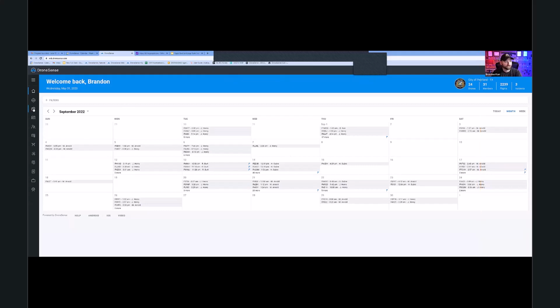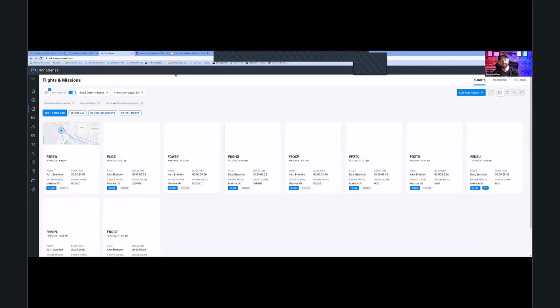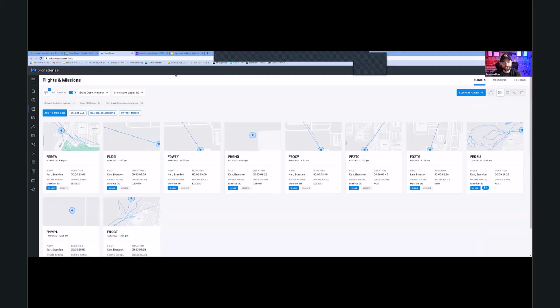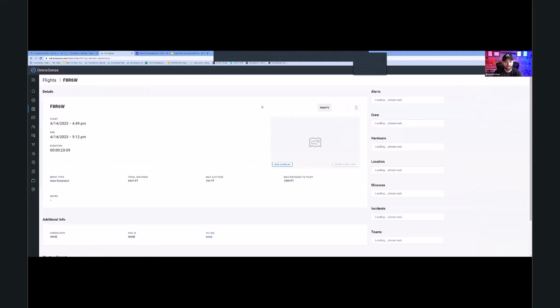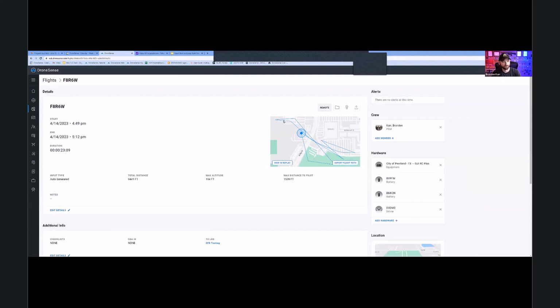Moving on down, I'm going to jump down into the flights and missions. So in the flights and missions here, this is super important as a program administrator, because this is one way that you can make sure that your people are flying in a manner that is in accordance with your policy, right? So if I were to go into my last flight that I had, this was a DFR test flight that we were doing. I can go in and I can see that, all right, this flight was a 23-minute flight,